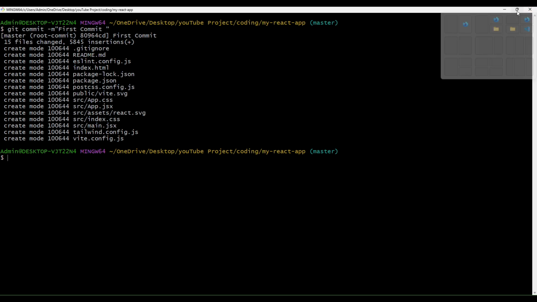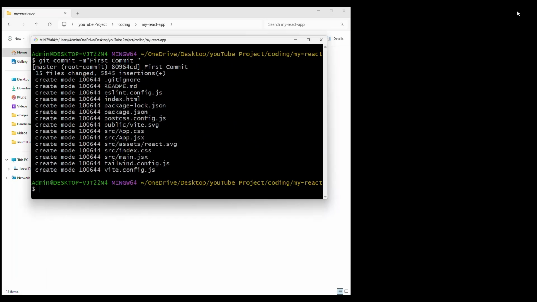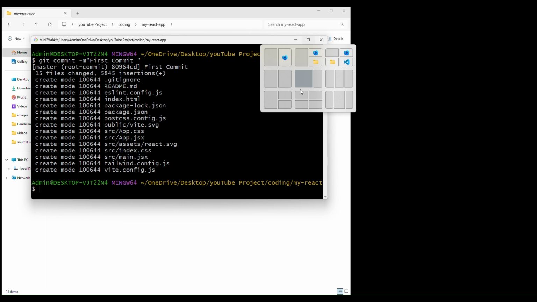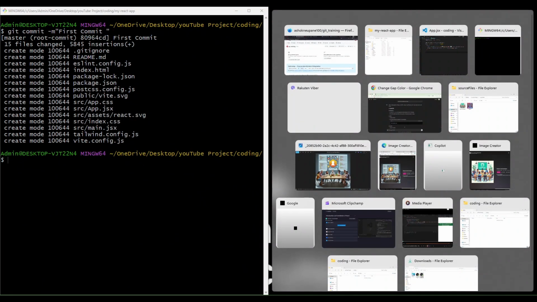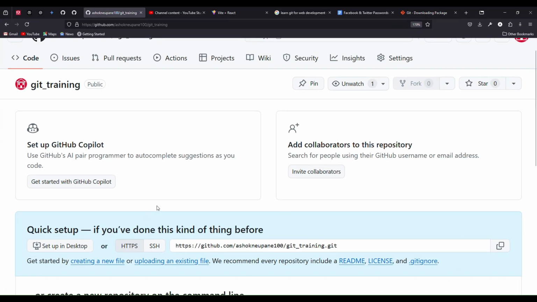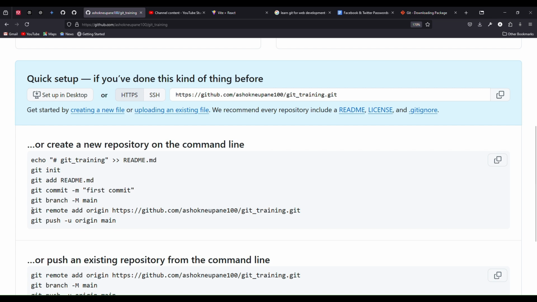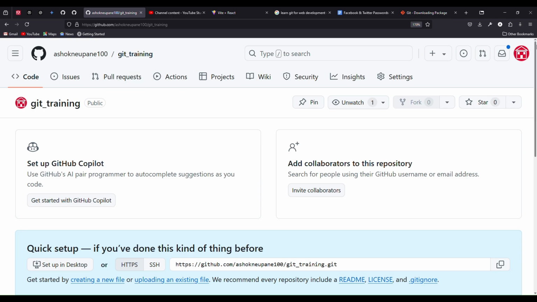But for the first time, what you have to do is git remote add origin. I mean, what thing is in the origin, what thing we have created here before.